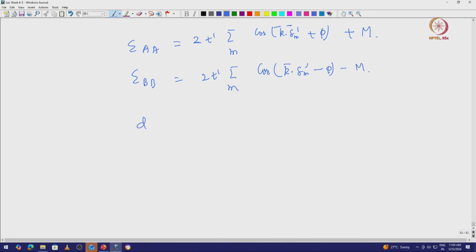So that D3, which is the difference between the two on-site terms, will be 2 T prime sin phi plus m,